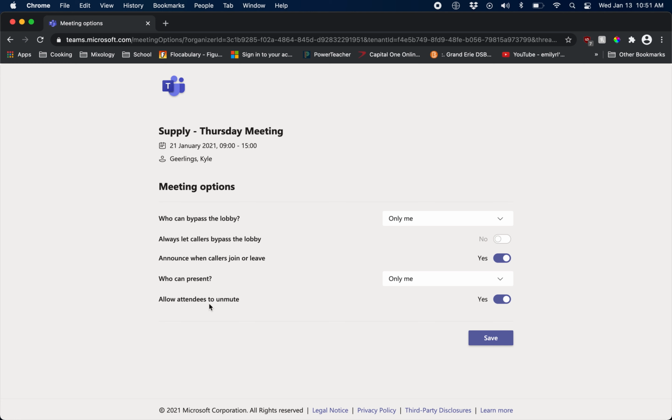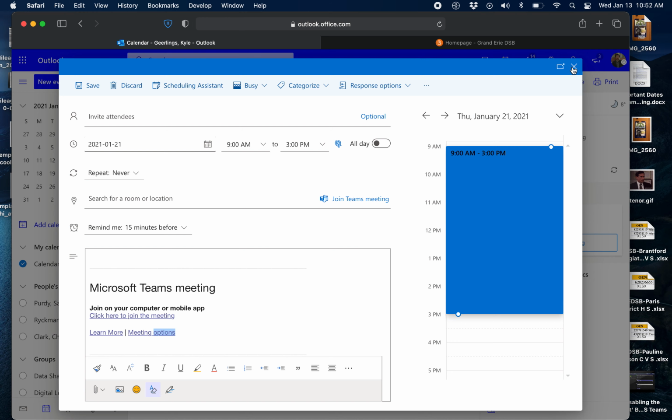If you're having some concerns and multiple students speaking out of turn, you can always toggle this on during the meeting and mute all mics. You're going to press save, and at that point, you've now secured your meeting and are ready to share the link. So what you're going to do is you're going to go back to that